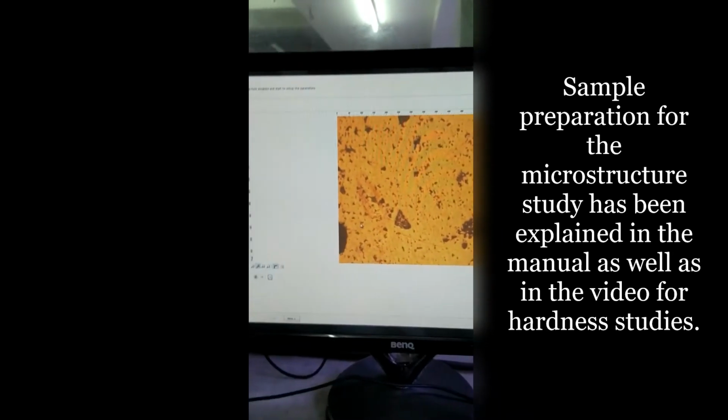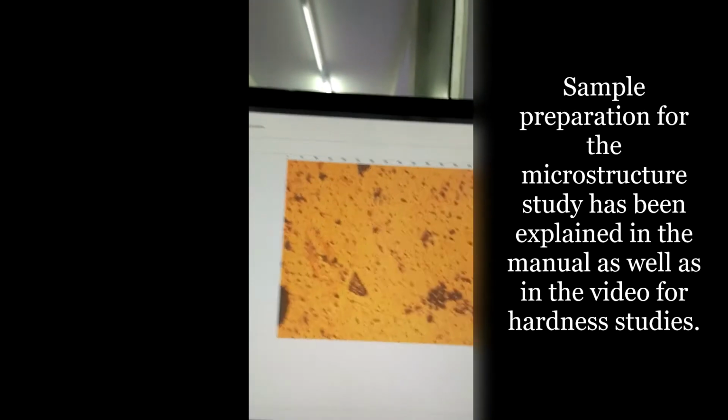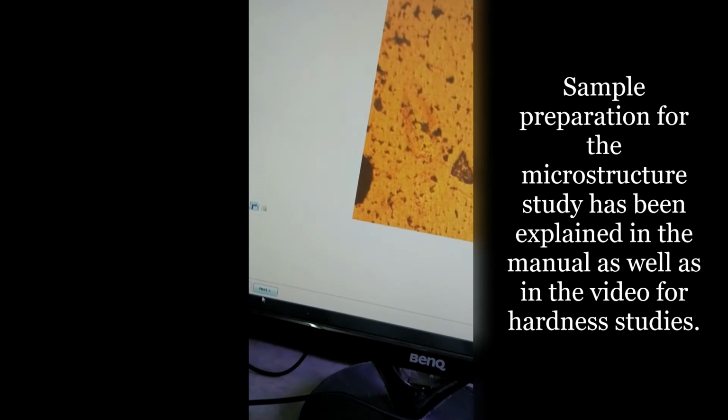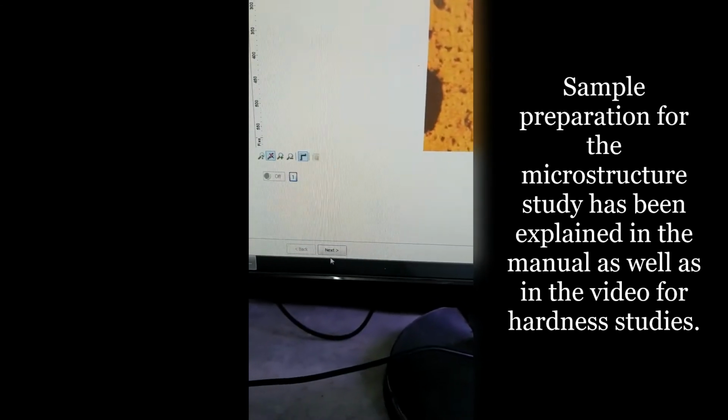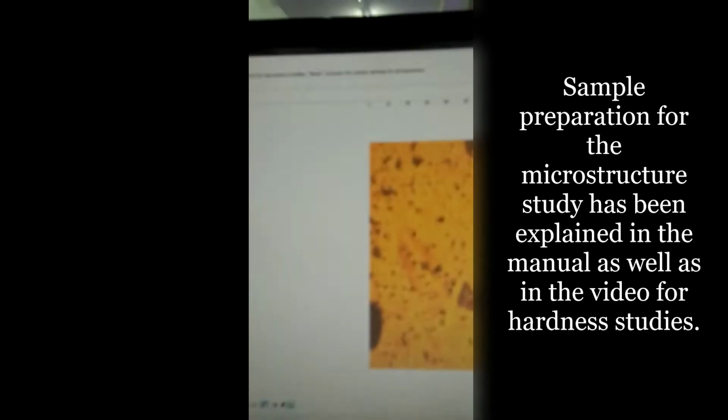Click here. Now the picture is coming inside the software. Just click on the next button. In the software, click next, and here you see